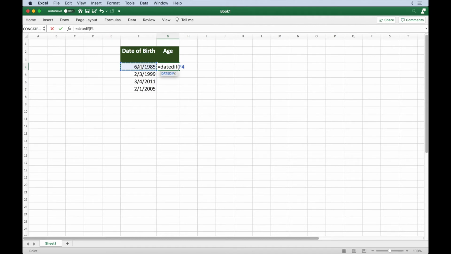Next, DATEDIF takes three parameters. One is the actual date and the next parameter is the date to which you wanted to calculate. So as of today, I wanted to calculate the age of a particular date, right? For that, Excel provides a built-in function called TODAY. I'm going to use that function, type TODAY, and then use an open parenthesis and close